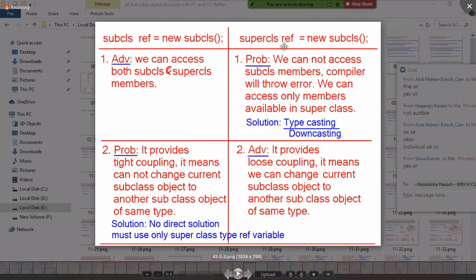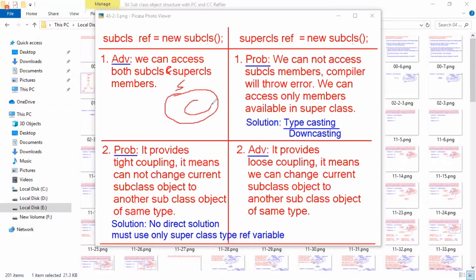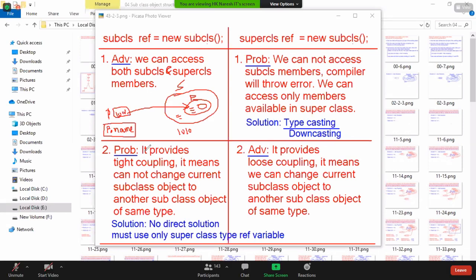Okay, listen carefully. I wanted to ask a question. Try to think. This is my student class memory. This is my person class members memory and object class members memory. Currently, this subclass object reference I have stored in person variable p, pointing to the person class memory. Then we can access members available only in person, and cannot access members available in student. Now everyone try to think of an answer. Using p dot, I can access only the name variable, because the variable type is person. Come on, try to think of an answer.